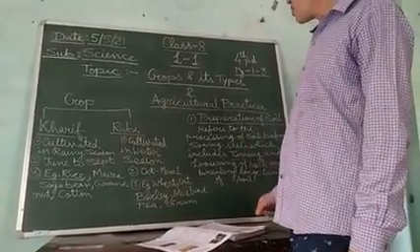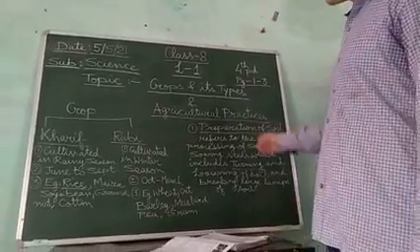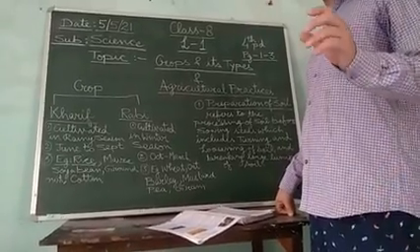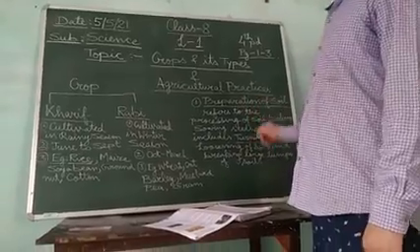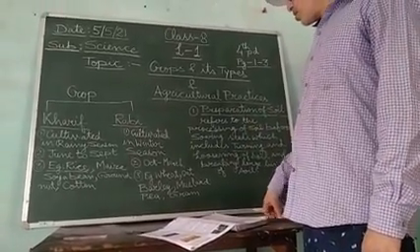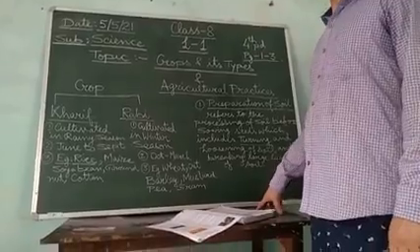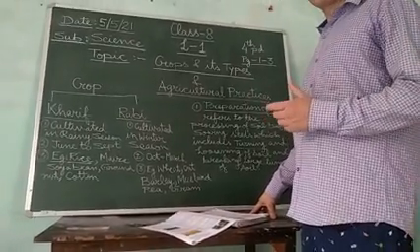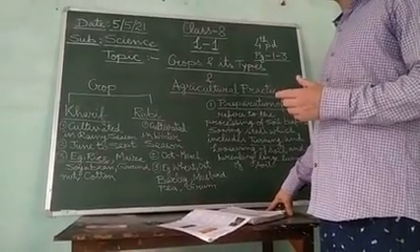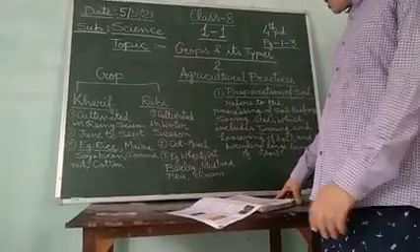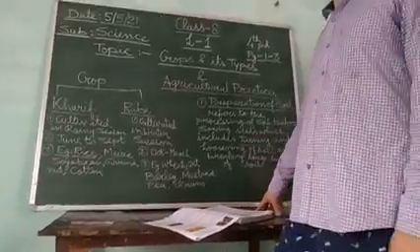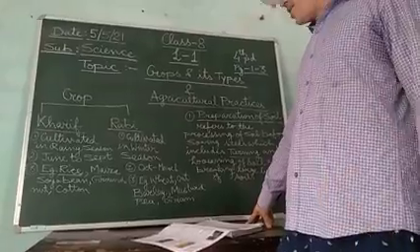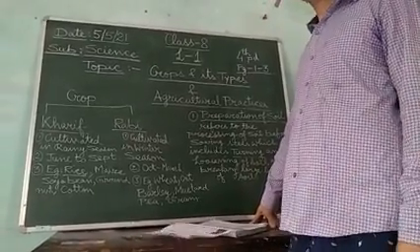Now the last important thing related to this agricultural practice of preparation of soil is the advantages of the preparation of soil, why it is necessary. The advantage is that it helps in the proper aeration of the soil. Aeration here means circulation of the air between the soil particles. So this is the first advantage, that it makes the soil properly aerated. Second important thing is that the